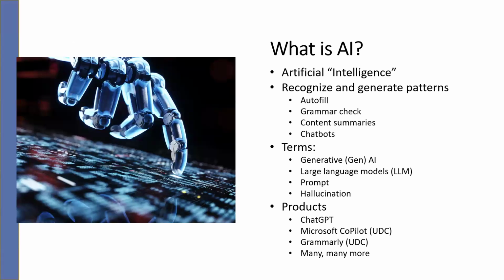Like I said, the first thing we want to do is define what we're talking about when we say AI. AI stands for artificial intelligence. You'll notice on this slide I have put intelligence in quotation marks. It's important to realize that the systems and tools that we have now are not intelligence as we would define it. There are things they do very, very well, but they are not intelligent in the same way that we would consider another human being to be.